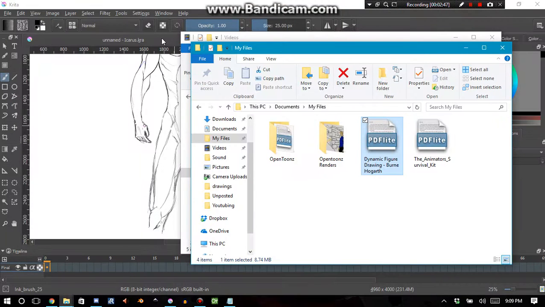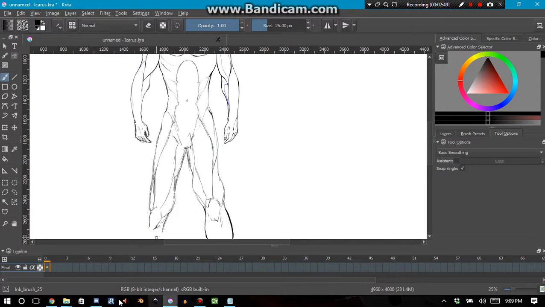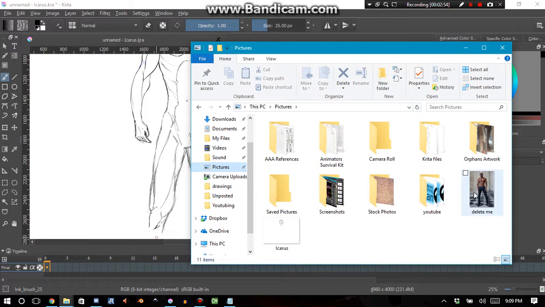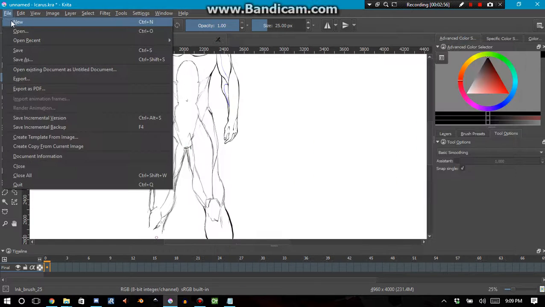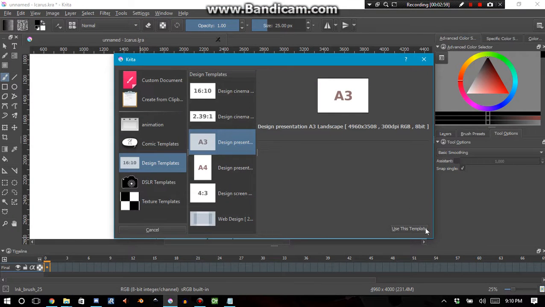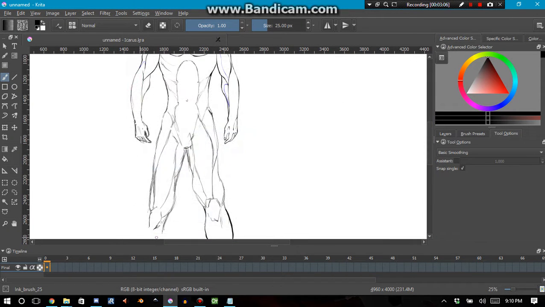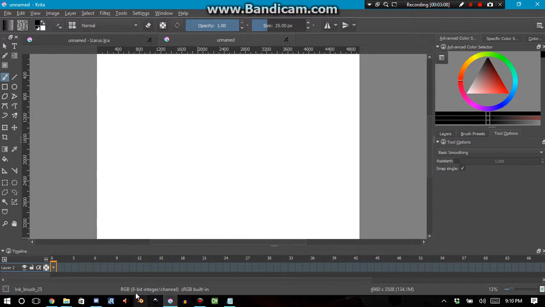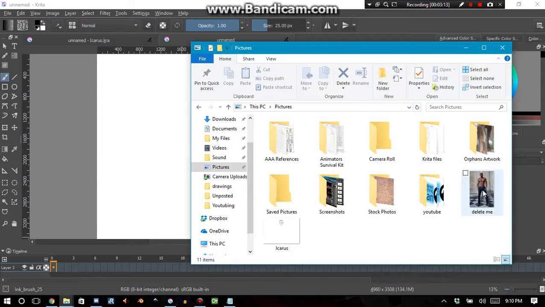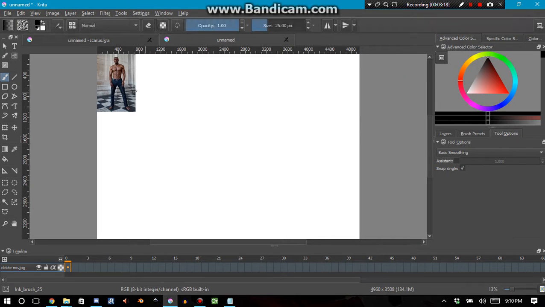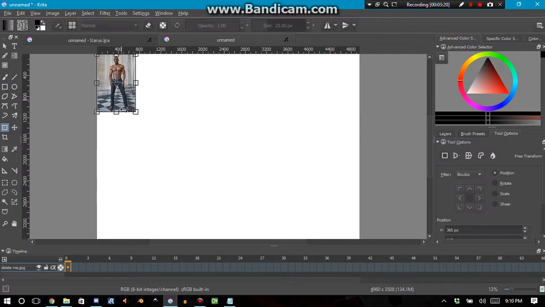Let's test it in a situation where you might have a figure that is a real human being. Let's go ahead and do that. Pictures. Let's go ahead and open up a new file, new, and whatever. I don't care what type of template we use, just as long as we got one. I got this stock image. I'm using it for educational purposes, and since it's a stock image especially, you can use pretty much anything for educational purposes. Anyway,